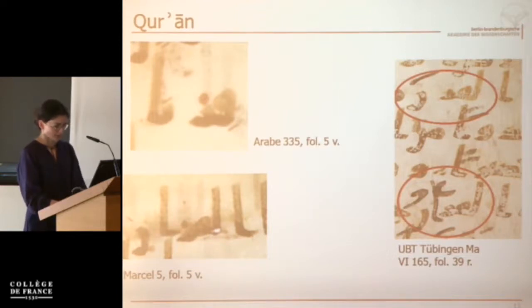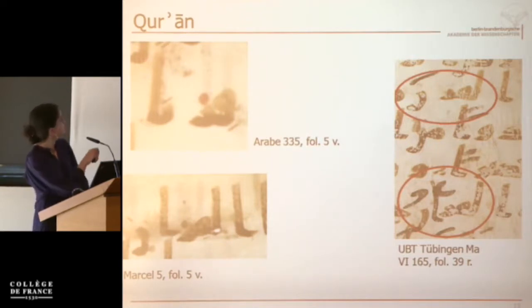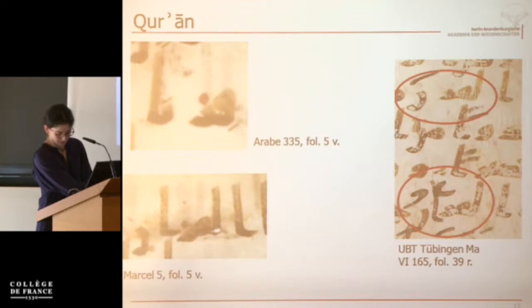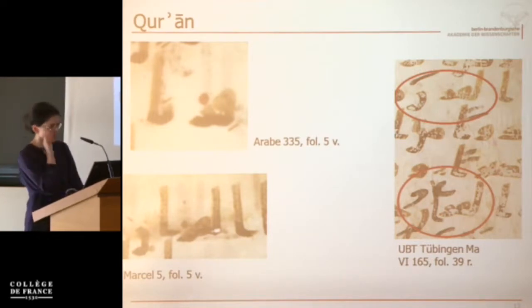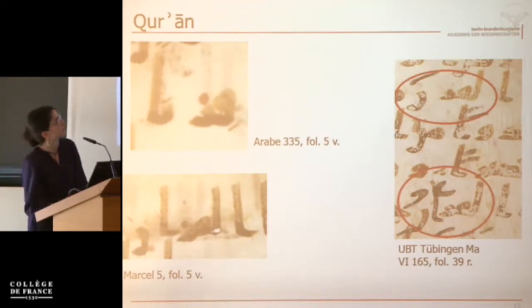As for the definite form, Al-Quran, it is written with alif, as you can see in this picture. But the Tübingen manuscript, for example, shows that on one page we have both forms, one without alif and the other one with alif, but probably this is a later edition.